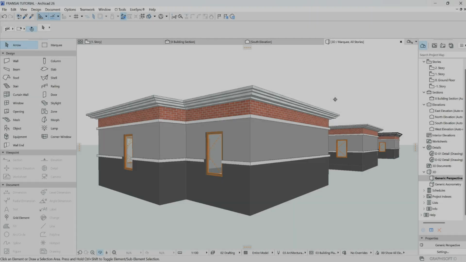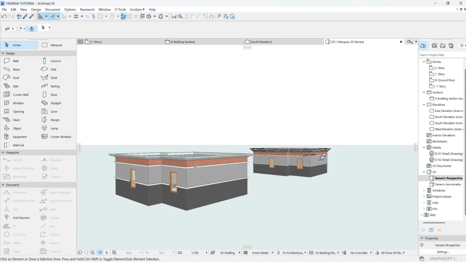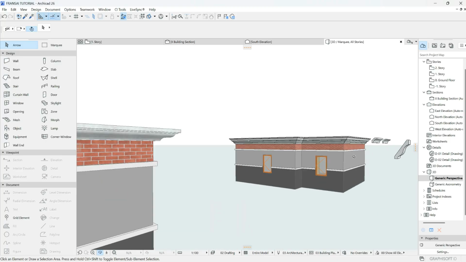So by the end of this video, you will learn how to create both step, curve, and even more complex